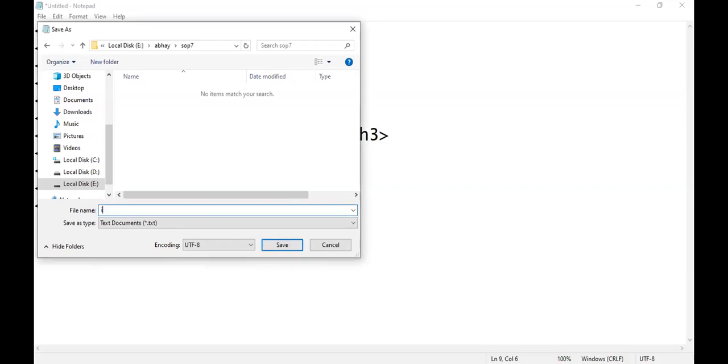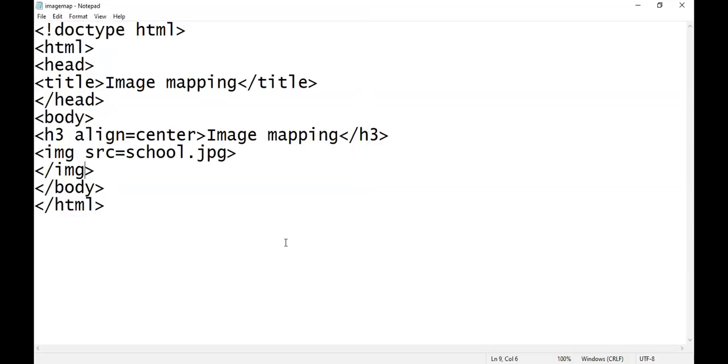So we saved it with the name image map.html. Don't forget to write the extension when you're saving any content in Notepad, because if you don't use any extension, it will be stored as a text file, and when you open it in a browser, it will show only the code. So always save this file with the extension .html.